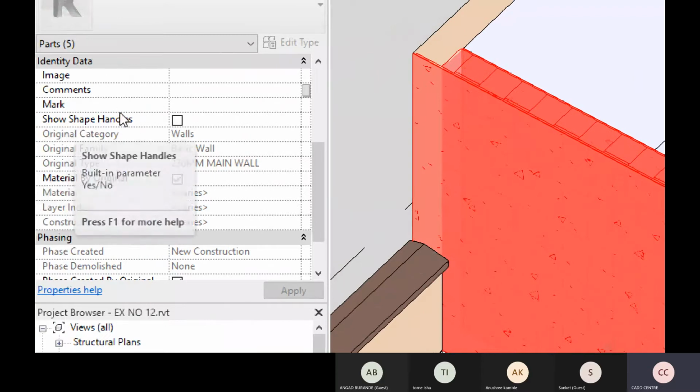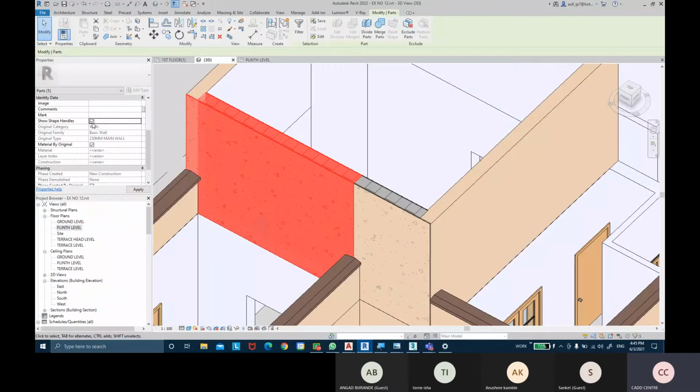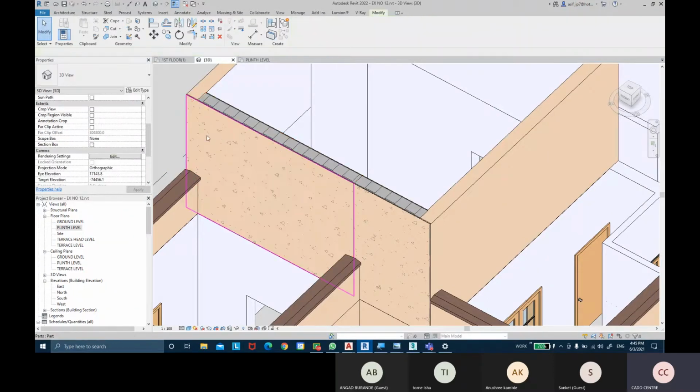Show shape handles दिख रहा है? ये टिक ऑन कर देंगे हम लोग यहाँ पे. ठीक है, ये टिक ऑन कर दिया और अप्लाई किया. ठीक, अब क्या होगा कि अगर मैं एक एक पार्ट को सिलेक्ट करता हूँ, तो ये पार्ट को